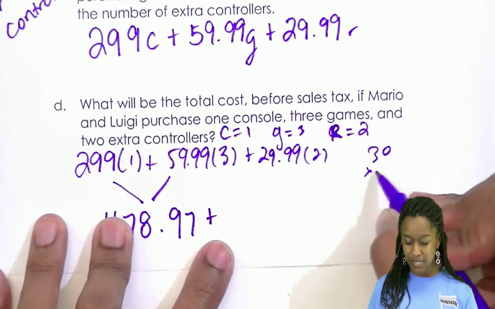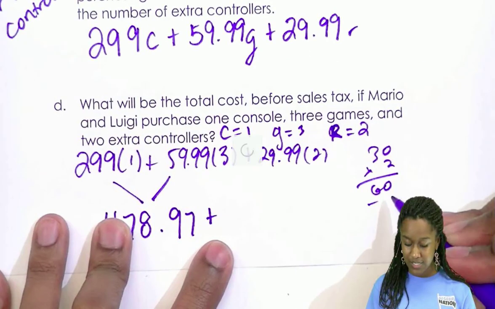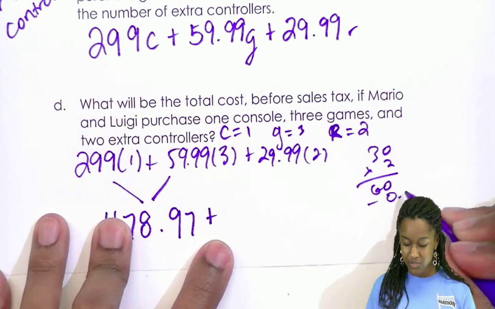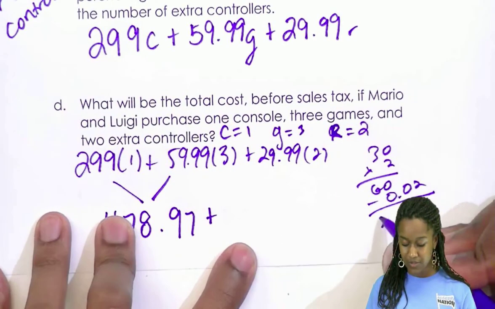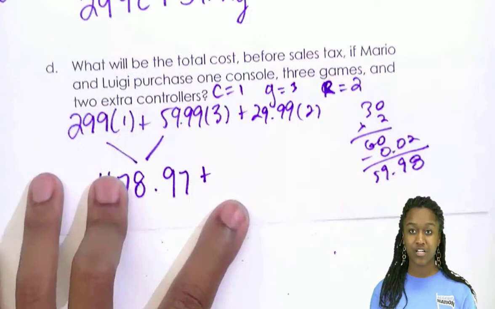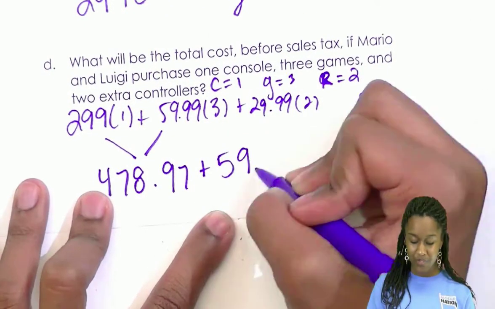And then we know 30 times 2 is 60. We can subtract 2 cents because we rounded up. And that gives us $59.98, which we can add because we know that that is